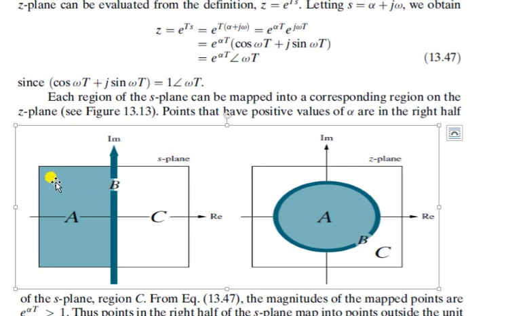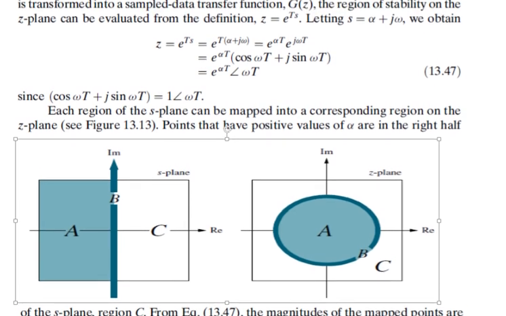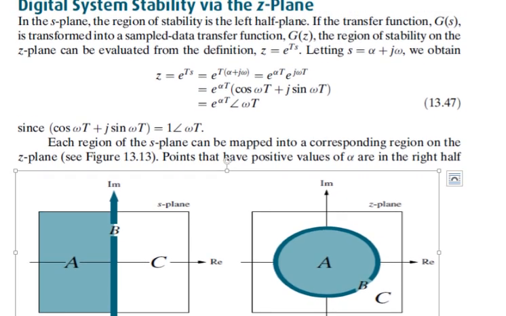For the left hand side region we say system is stable. On the imaginary axis or you can say marginal axis the system will be marginal stable, and on the right hand side system will be unstable. So by using this diagram we are trying to here represent stability in z plane.